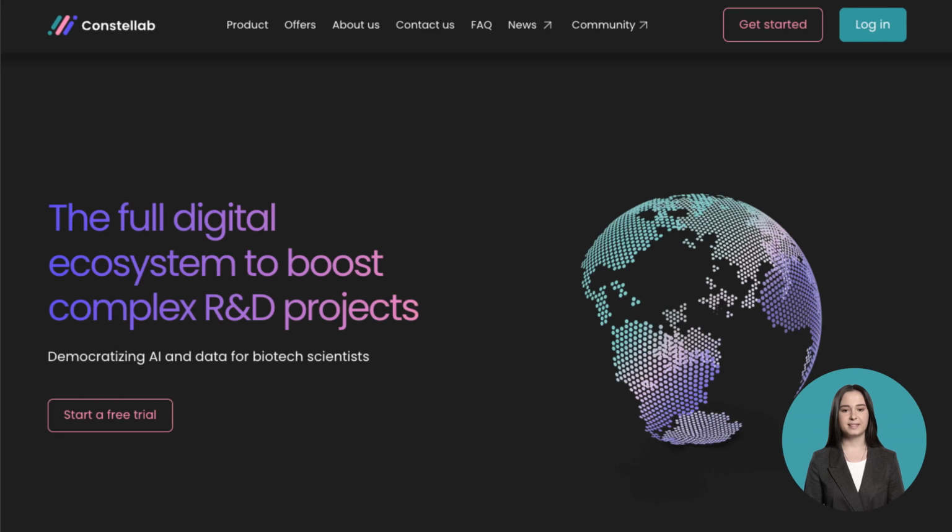I'm delighted to present Constellab, the full digital ecosystem for complex research and development projects. To register in Constellab, you can visit our website constellab.io. If you click on the button Get Started, you can start for free, or you can request a demo with